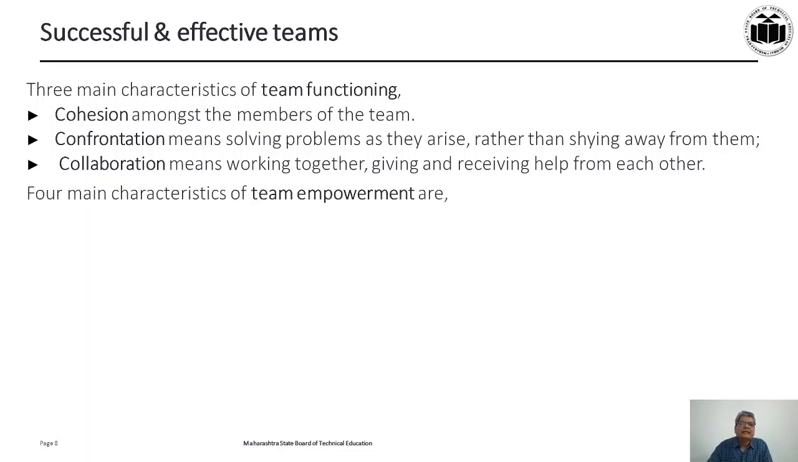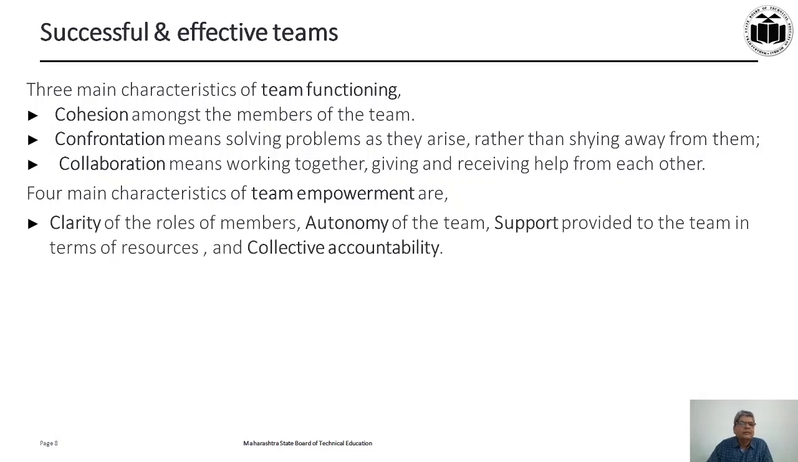The four main characteristics of team empowerment are, first, clarity of the roles of the members. So the members of the team know what their role is as a team member. There is always an autonomy given to the team. Teams are not dependent on the top management; they are autonomous. They are given the authority to work as a team and only support is expected or provided to the team in terms of resources by the top management, and there is always a collective responsibility or accountability taken by the